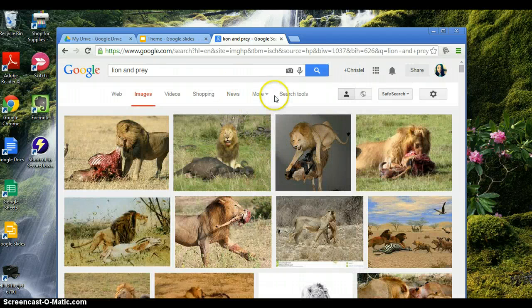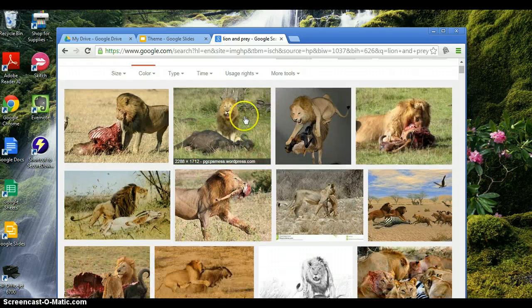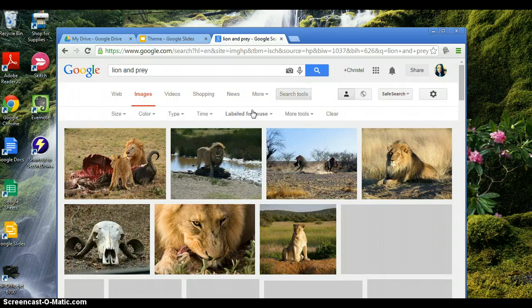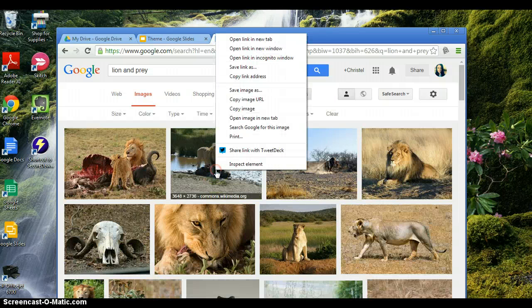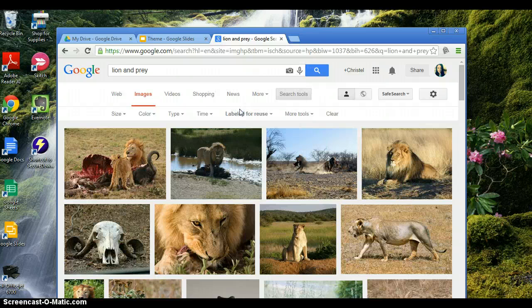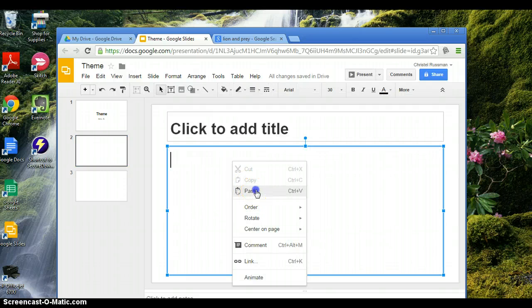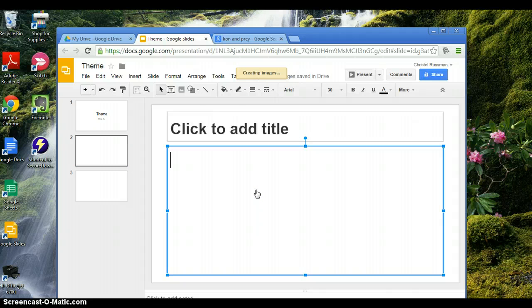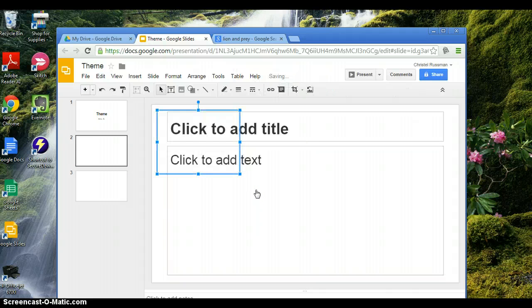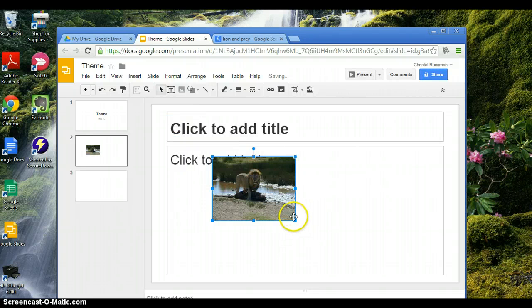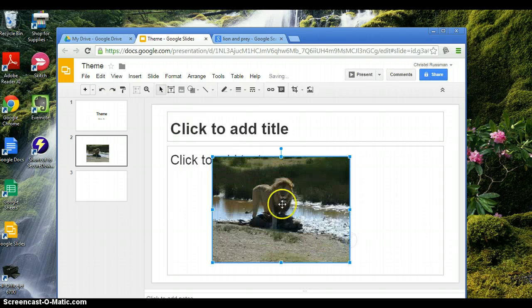And then it's a good idea to get into the habit of making sure that you're using things that are able to be reused. So I'll do that. I'll right click my picture. I'm going to copy the image, and then I'll go back to the slide. Now I'm going to right click and paste it. It takes a second sometimes for it to apply. And there it is. So now I can move it around, I can play with the size of it,